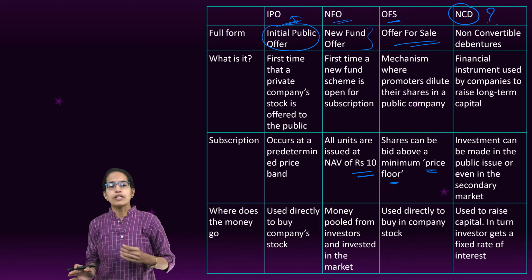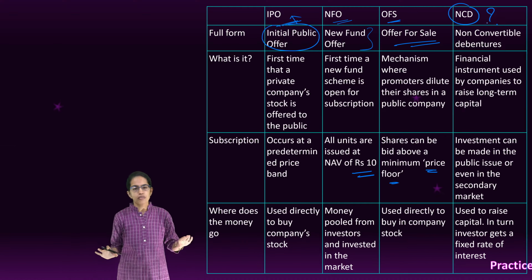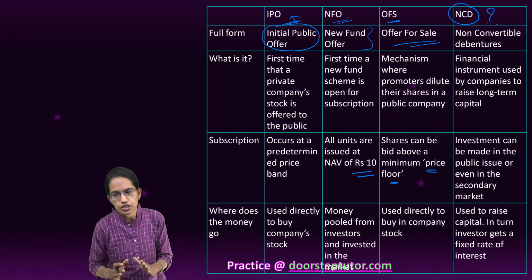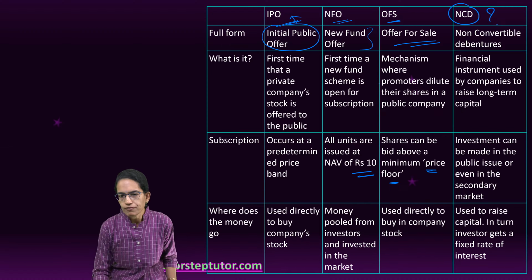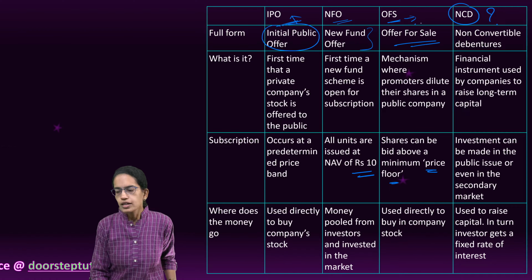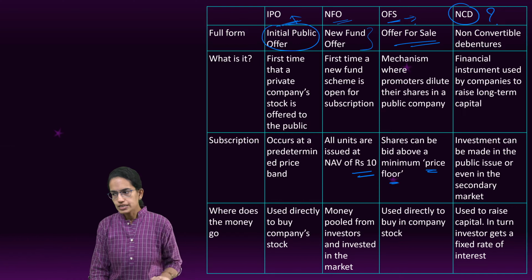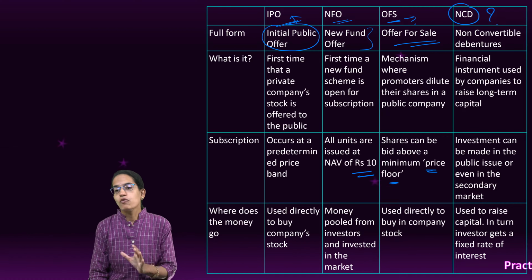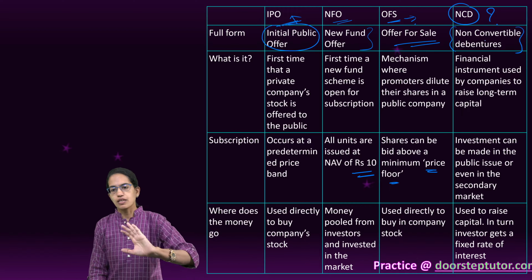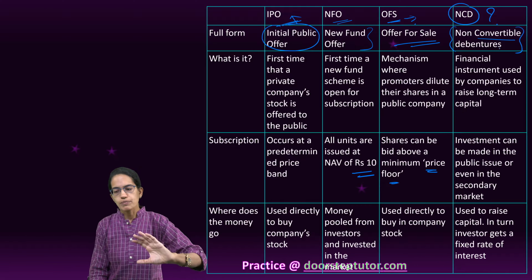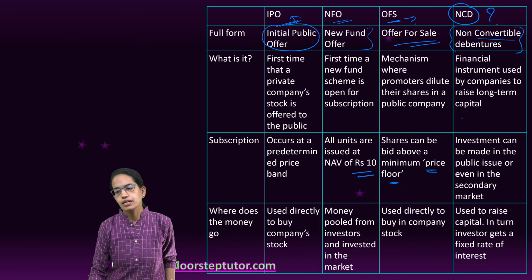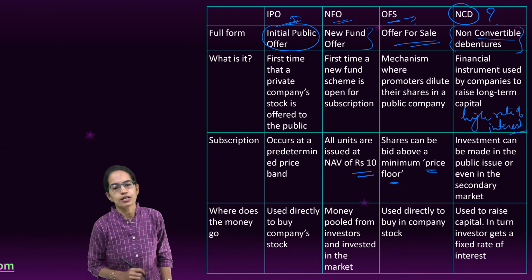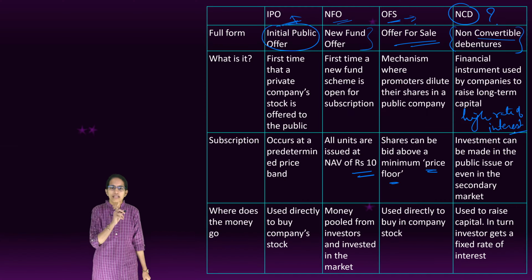So here we understand four important components of financing. The difference between those is extremely important. If I say OFS is one of the ways where you require additional capital or you want to dilute the holdings in the public. Again, if a person is interested in a regular fixed income, they would go for NCD, or non-convertible debenture. Also, this non-convertible debenture usually gives a high rate of interest, and therefore it is again a preferred way. Clear? So, NCD, OFS, NFO and IPO.